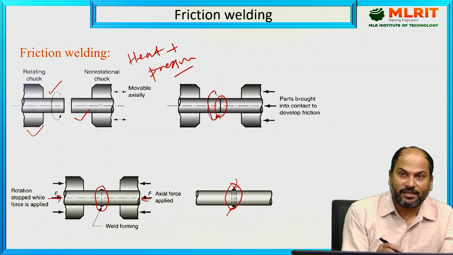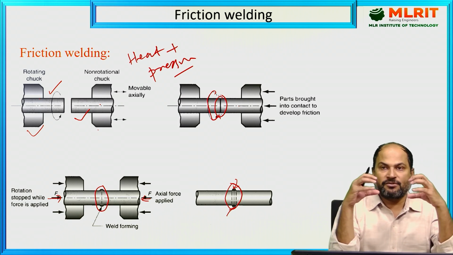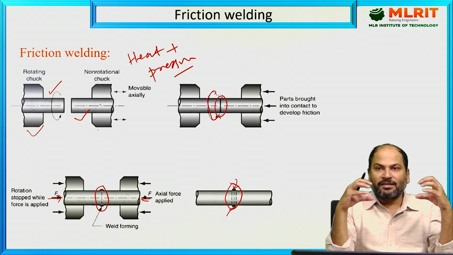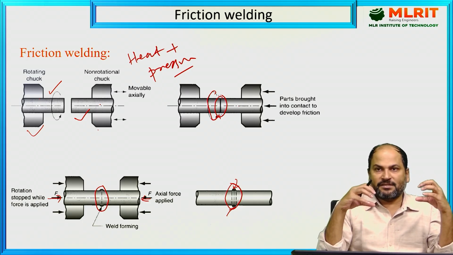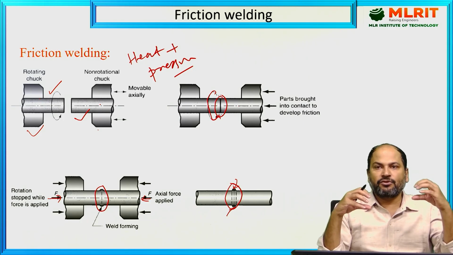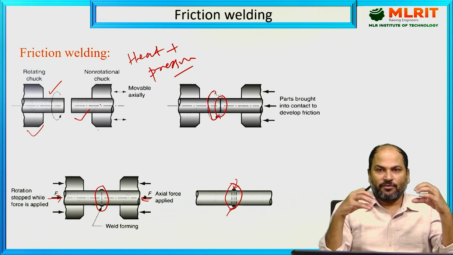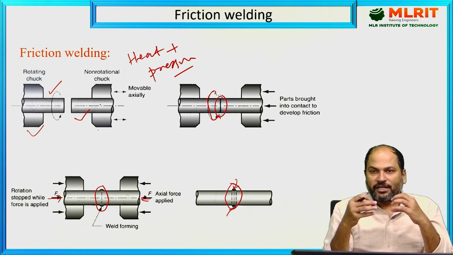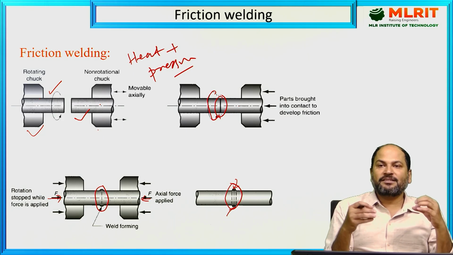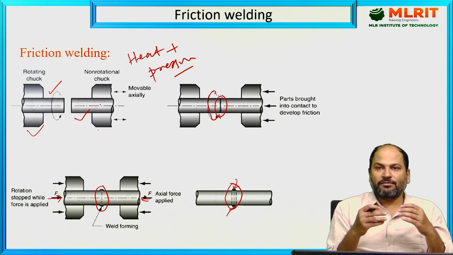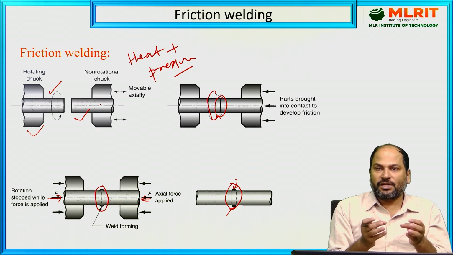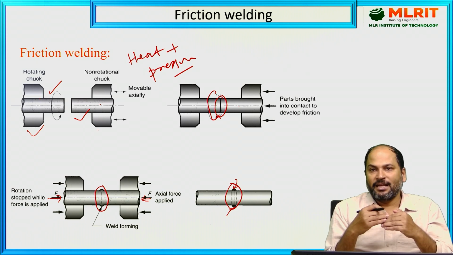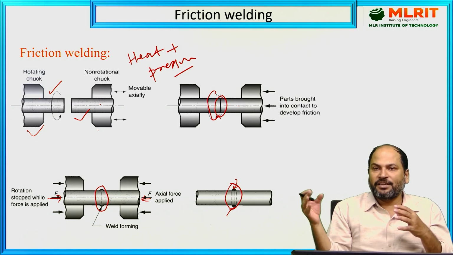What is the important thing here? As the two pipes or two sections that we are going to weld together, we keep one at rest, meaning fixed, and the other is free to rotate on its axis. Once it rotates and the two parts are in contact, one is rotating with respect to the other. So there is relative motion between these two parts, and because of the relative motion, we know there will be friction because both are solid. Because of this friction, heat will be generated in those areas, and that heat, with the speed, depends on many parameters.